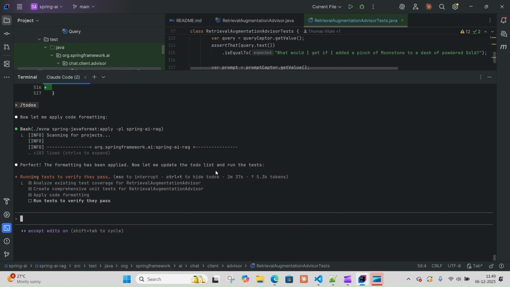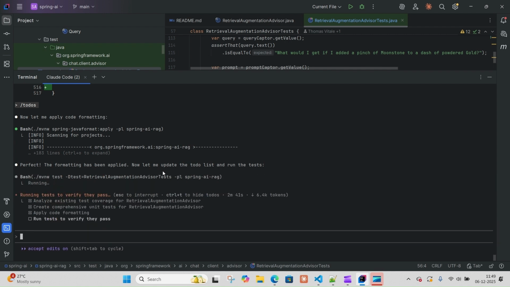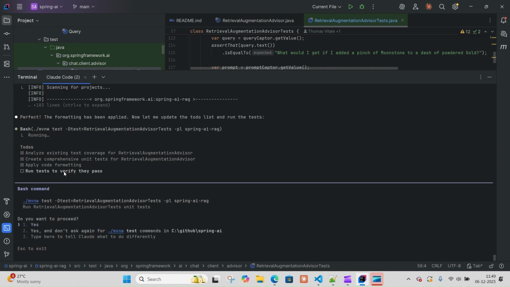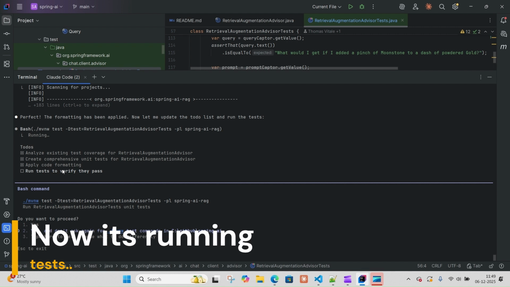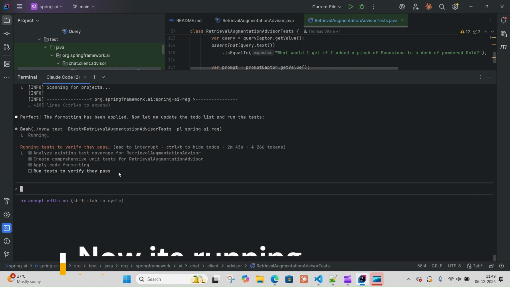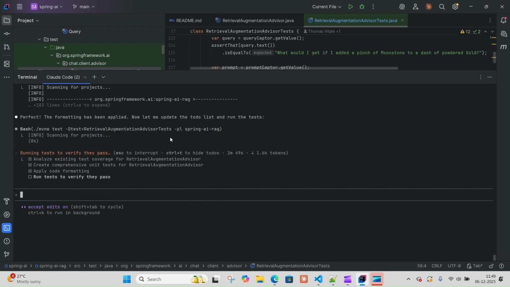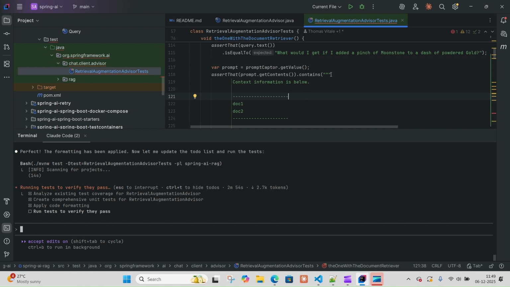Let me update the to-do list. So now it is running the test. You can basically ask it to run the test. So I'm going to say don't ask again. It's basically running the test now. This particular command, right? That means it has made some modification. So what we can do is